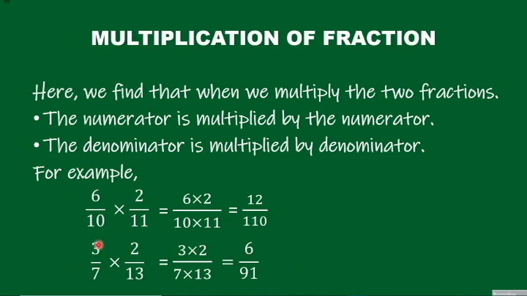In addition and subtraction, if we have two different denominators, it means they are unlike fractions, so to solve that, first we have to convert them into like fractions. But in this condition we are simply multiplying, like 6 into 2 and 10 into 11. So don't mix it. The steps for addition and subtraction are different compared to multiplication. Okay,